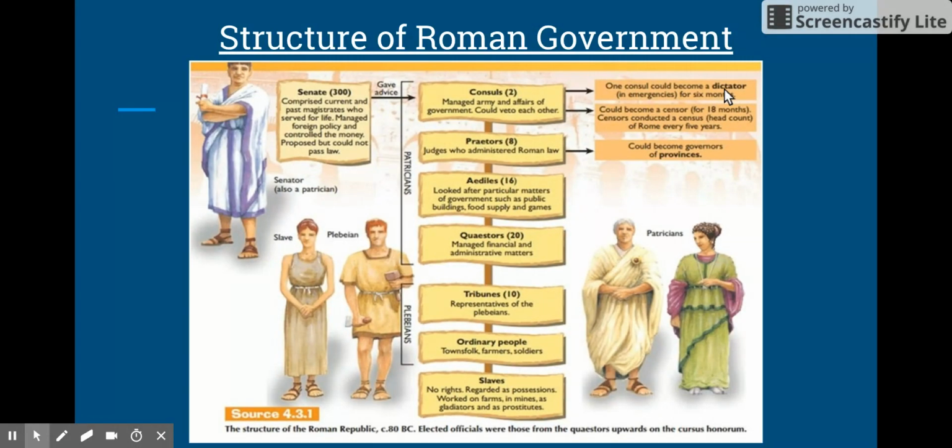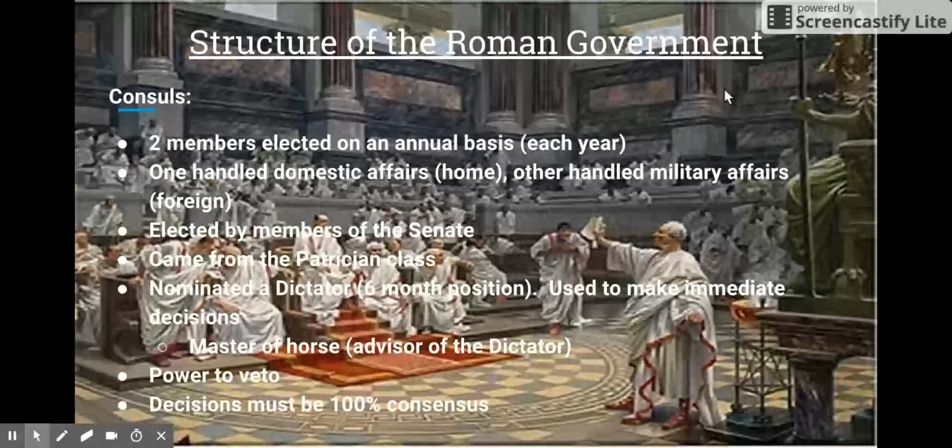This is a diagram of the Roman government. Now we're going to look a little bit deeper into the Roman government by focusing on a few branches. The one branch we're going to start off with is the Roman Consul. Now, the Roman Consul, although this is the beginning, is not actually the first form of government that was established in Rome. Believe it or not, it was the Senate. And looking back at the seven kings of Rome, Romulus was actually the creator of the Roman Senate.